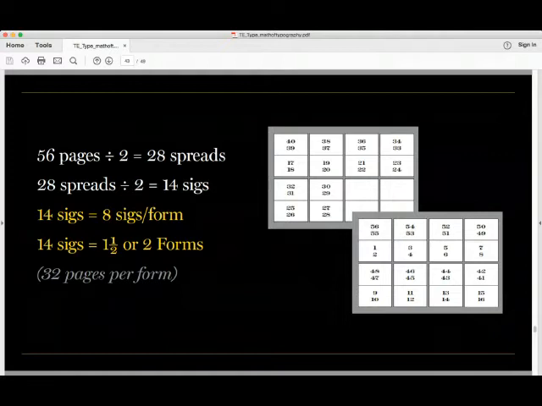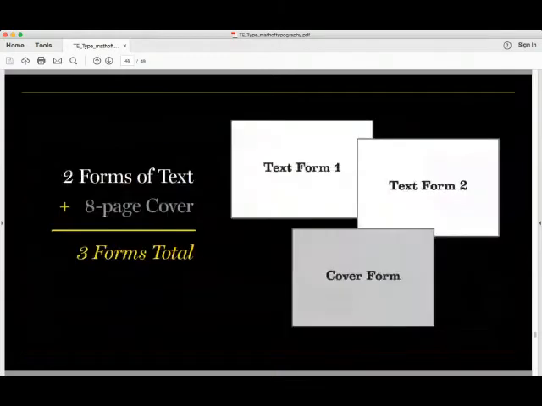Within our 28 by 40 form, we can fit 8 signatures, okay? And since we have 14 signatures, we needed 2 forms for the text pages to run the inside of the report, okay? Because the cover usually is a heavier paper, and you run that on a separate form. So I'm looking at 2 forms for the text. Since this report's cover paper is heavier, like I was saying, we need a 3rd form to run the covers, which made 3 forms total.